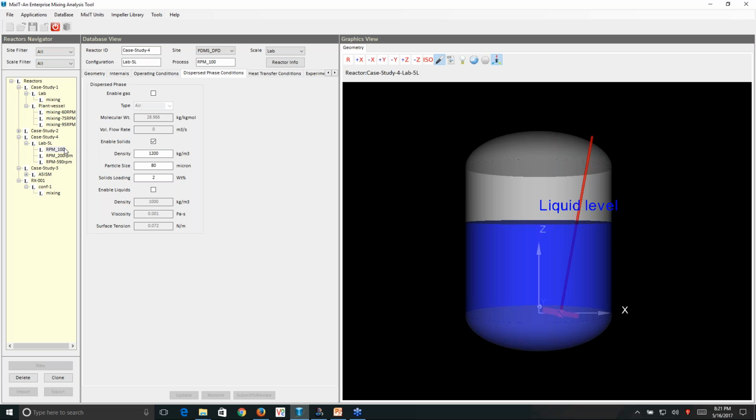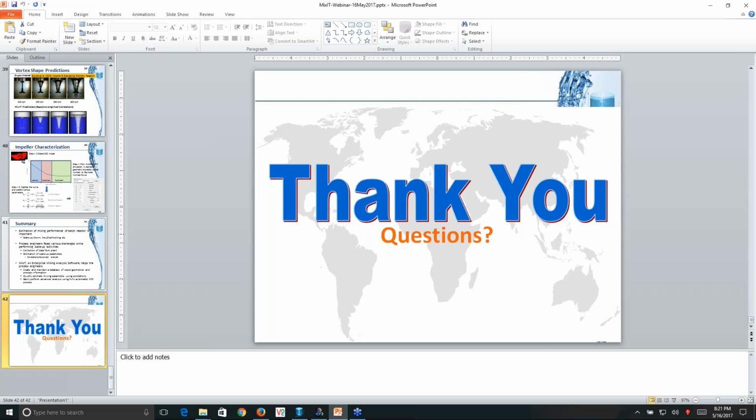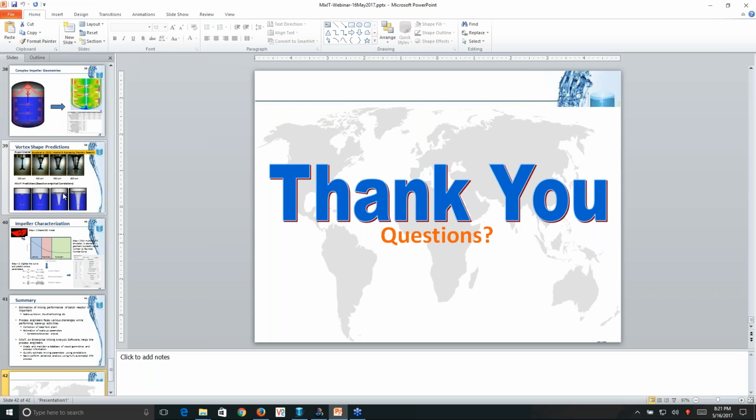The last question for today: does the system account for coalescence? At present, the system does not account for coalescence. It will treat these particles as separate particles, or treat these bubbles as a constant size bubble.